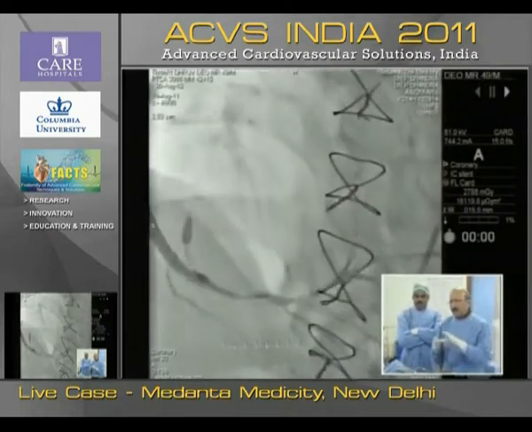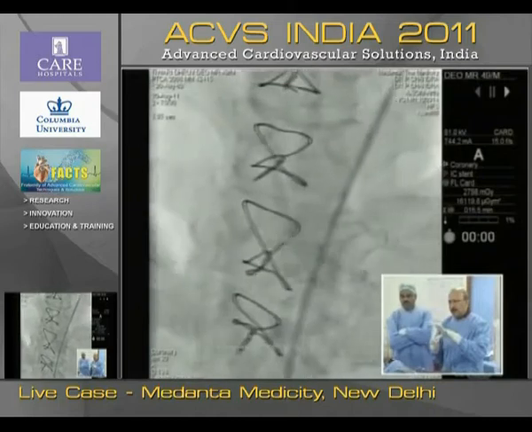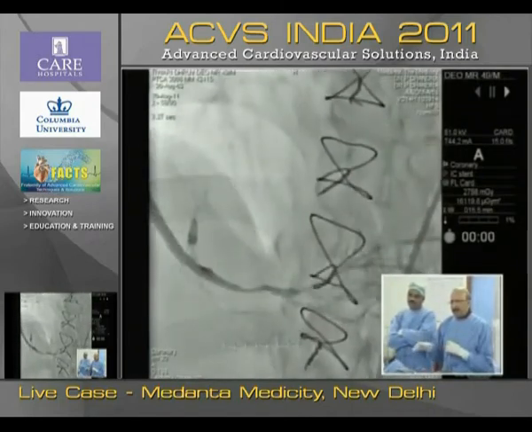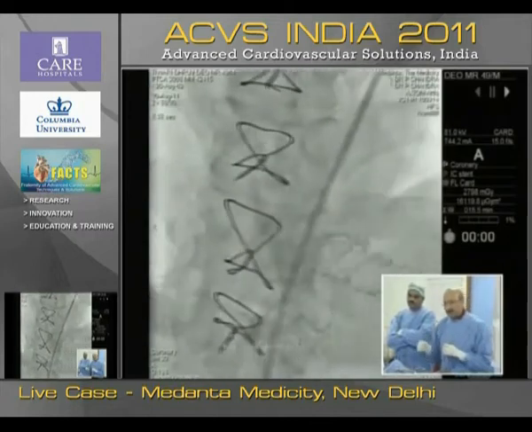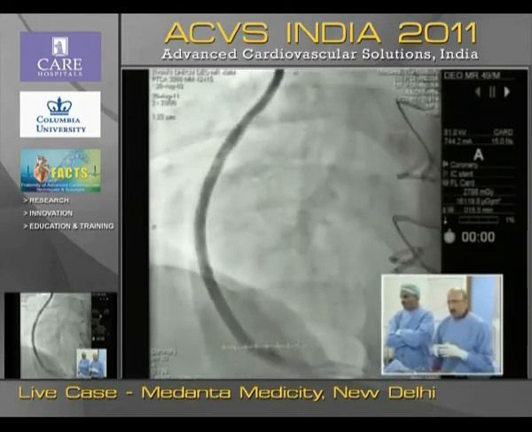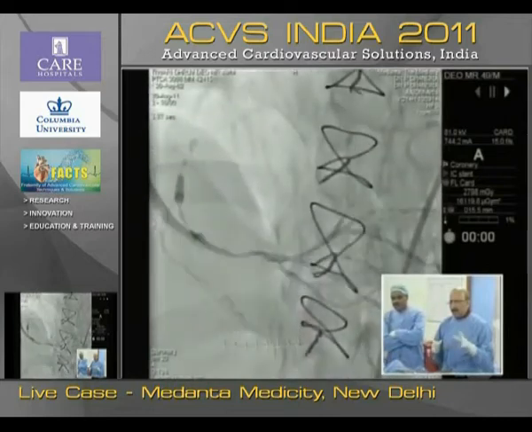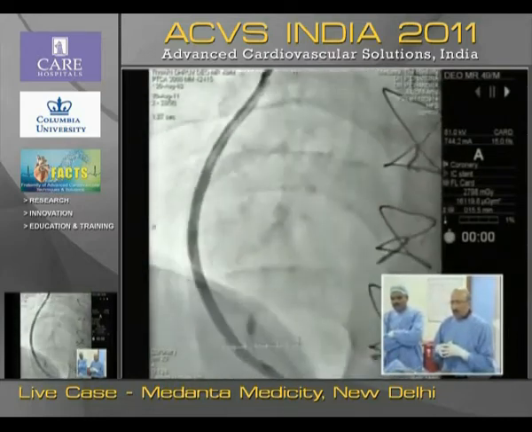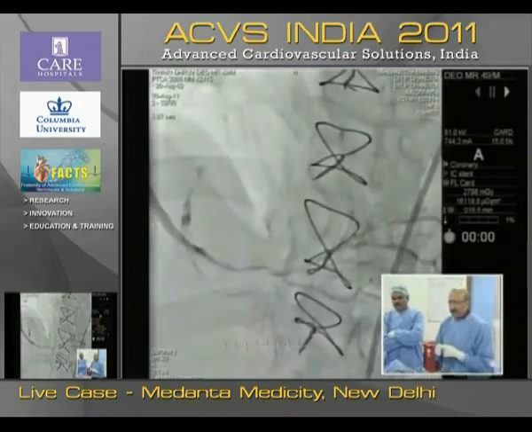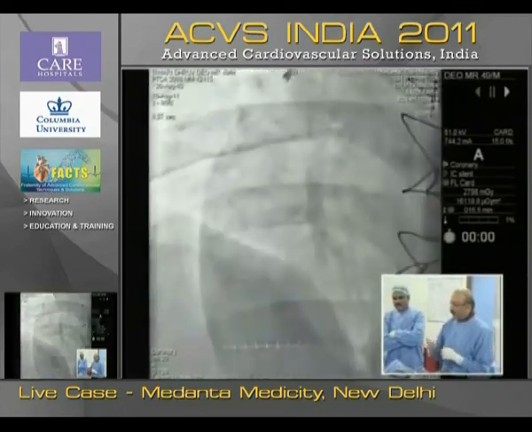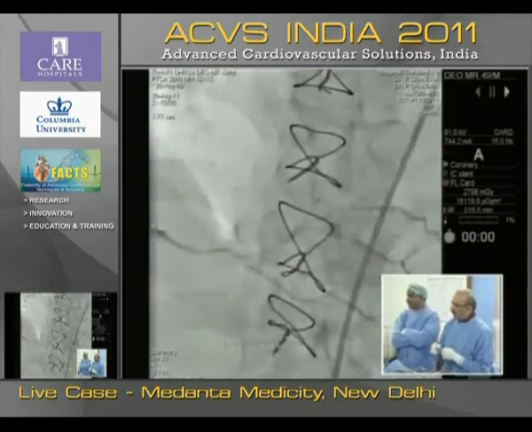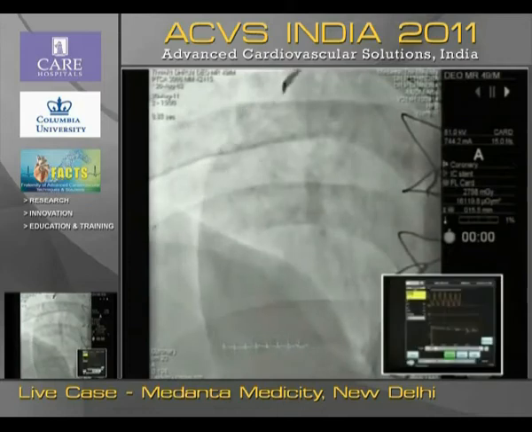Okay. So this lesion, which is about 70-75%, we also had some discussion in the lab whether it is really significant or not. And I'm sure many of you might be thinking that we may leave it alone. So, of course, we went ahead and did an FFR to this lesion. Can we show the FFR? They did an FFR with the tandem lesions, not just one lesion.